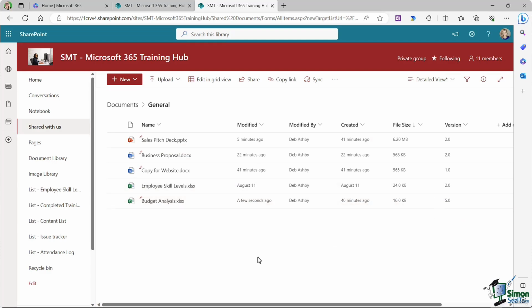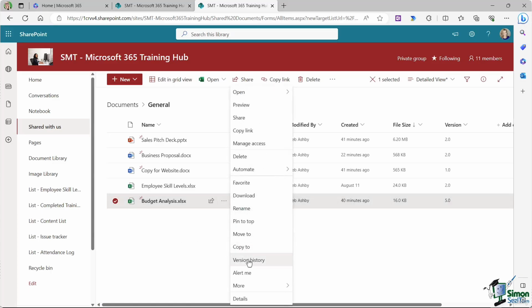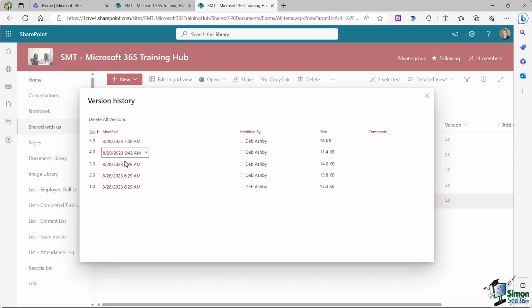there are, and just know that if you do need to roll back any changes, you can simply restore the previous version. Now, it's worth noting with this, if we jump back into version history, we don't necessarily have to restore the previous version, we could restore any of these versions. So if I wanted to take it all the way back to how it was originally, I could restore version